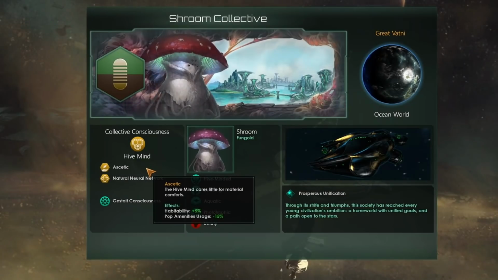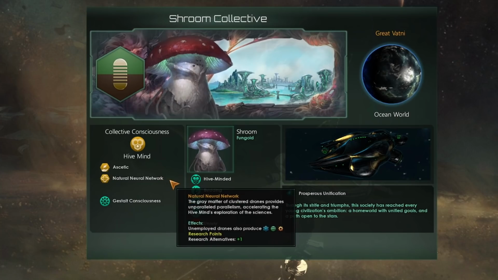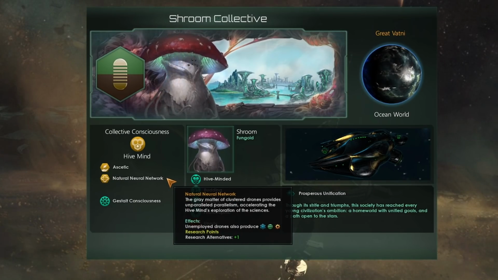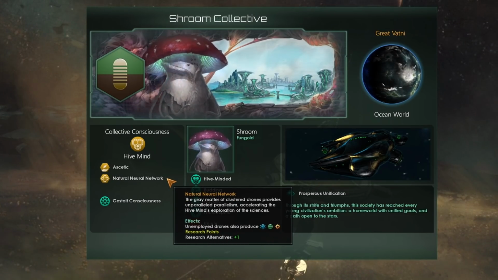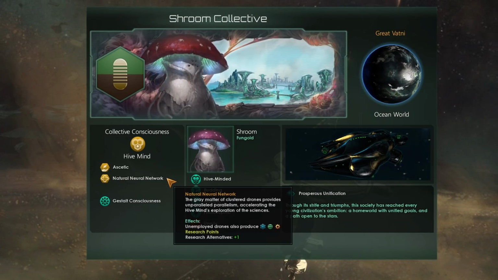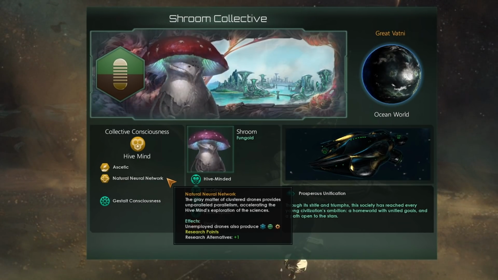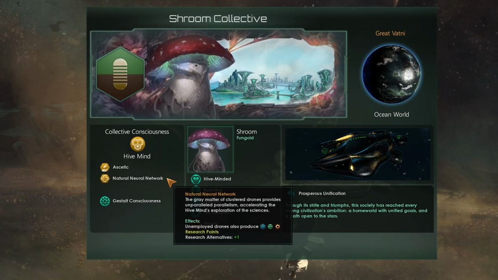Looking over at our civics, we are going to be taking Ascetic. It is a no-brainer as a Hive Mind to take that one. And then we're going to go for Natural Neural Network because we really want that +1 research alternatives. It's going to make finding the right technologies easier. I'm looking at you, Moat Technologies, and the Alloy Foundry upgrades. We're going to need those as soon as we can, and research alternatives is going to help us beeline in